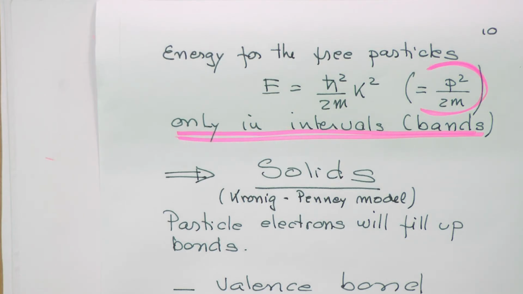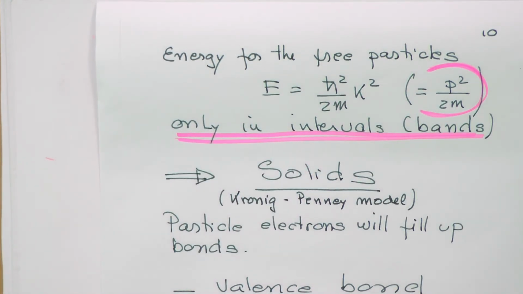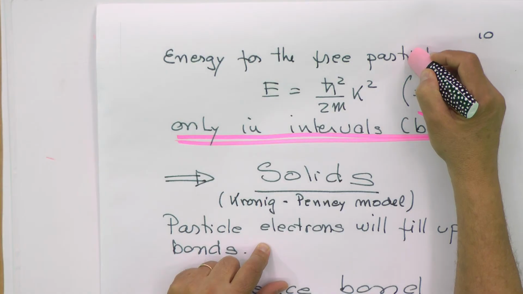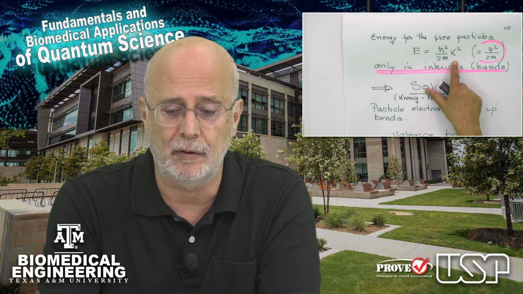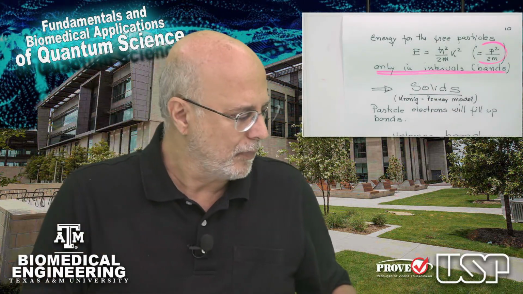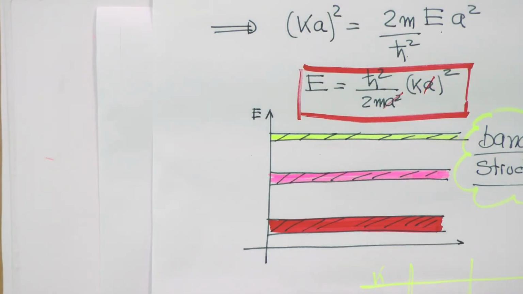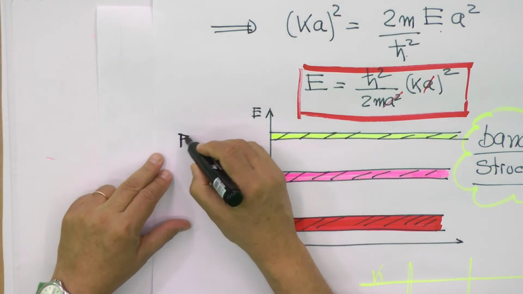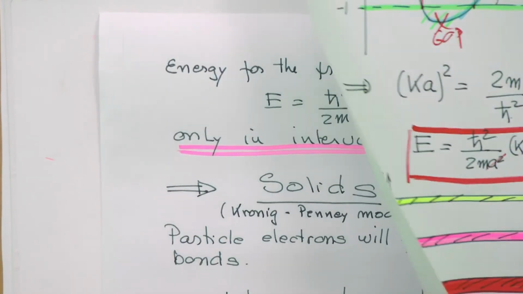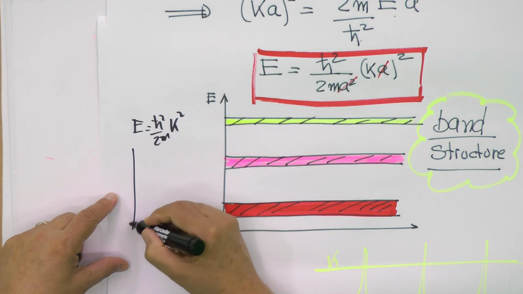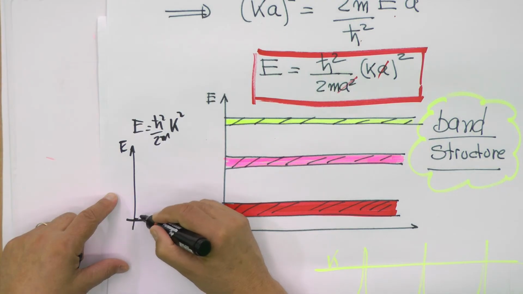Okay, well, there is another way of representing this, because this is the energy of the particles. Another way of doing this is, this is a parabola in k. But you cannot have any k. You can only have k's determined by the allowed region. So maybe I should do that. This will be very illustrative here. If I call the energy E = ħ²k²/2m, this is what I'm doing there. So that's a parabola, like if I put k here and energy here, this will be a parabola like